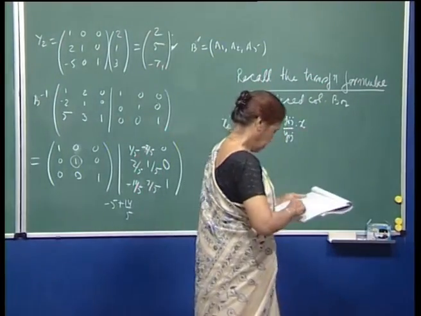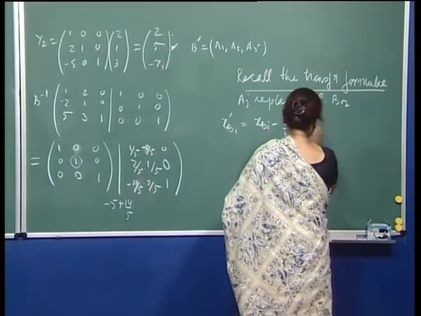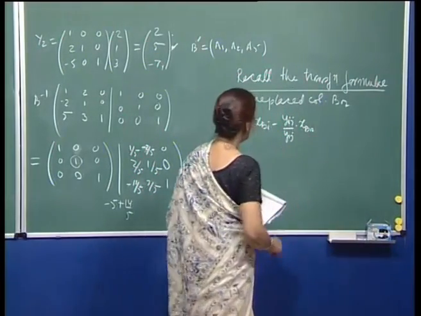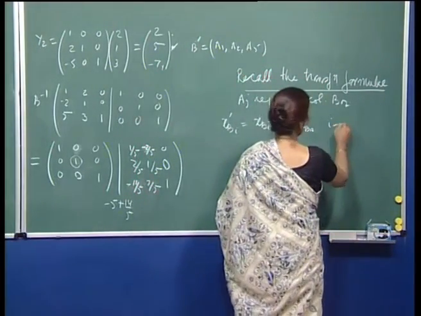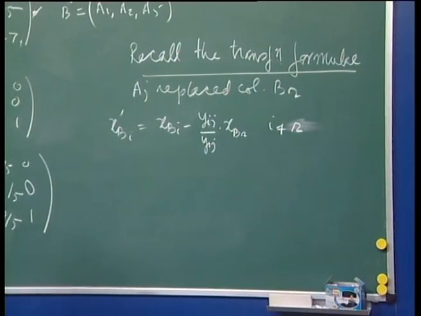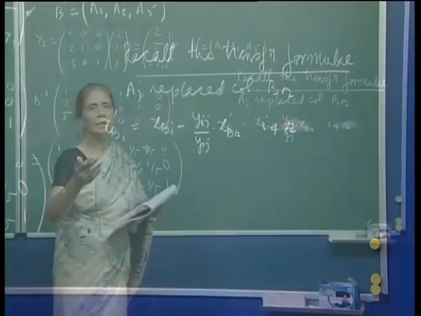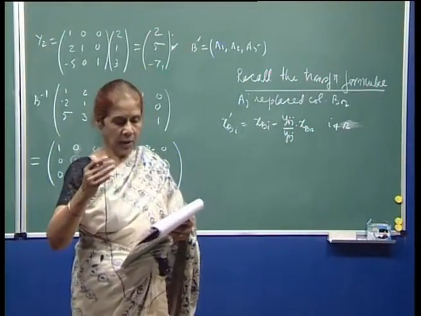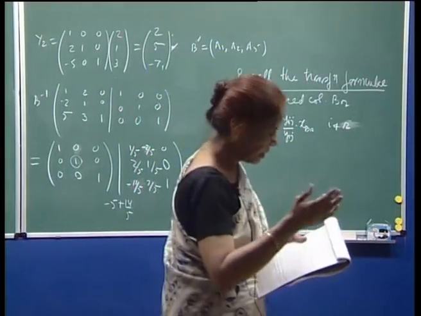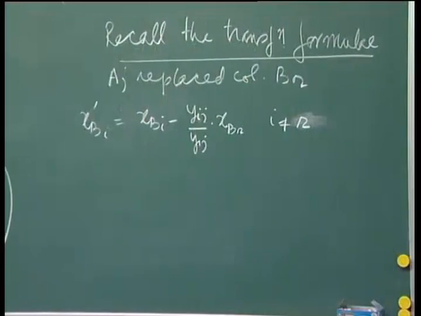This would be xBi minus xBr upon yrj into yij when i is not equal to r, because for i equal to r, of course, this becomes 0. Remember, xBr has been made 0. In the new basis, the rth, the old basic variable, has been made non-basic, and